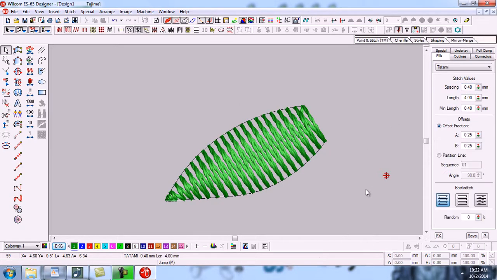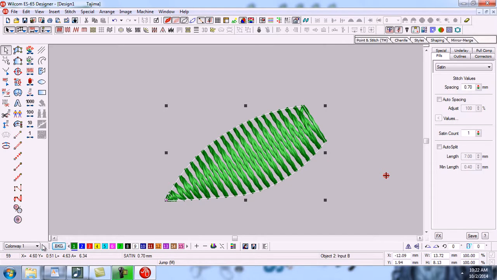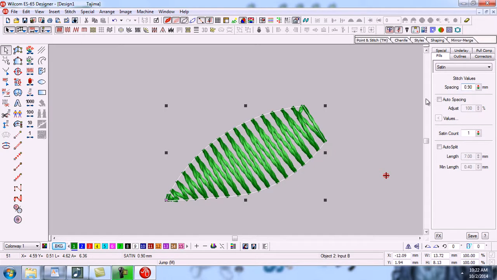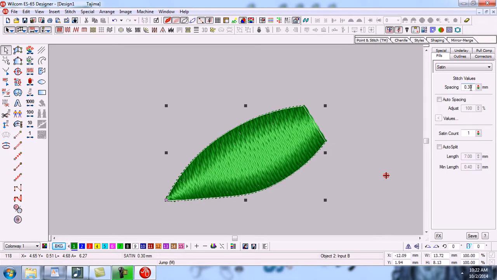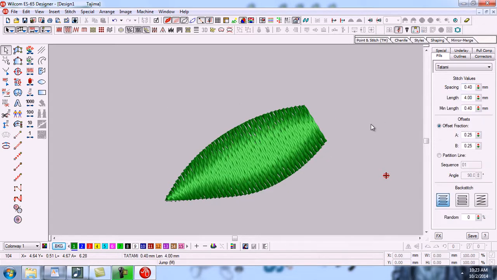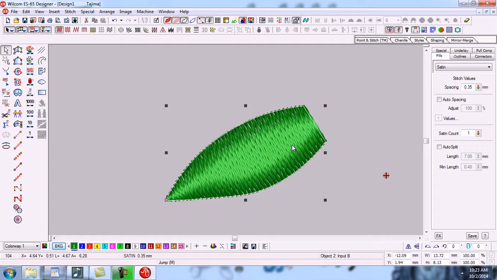So you can see that in 70 there are only 59 stitches. In 90 it will be even less, and the default spacing value is 40. Okay, for example, I give it 30 or 35. So you can increase or lessen your stitches by increasing or lessening the spacing values.